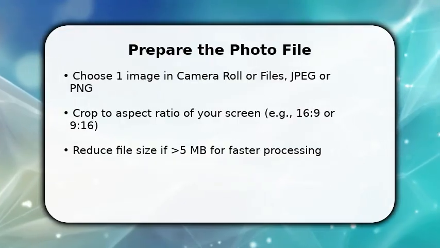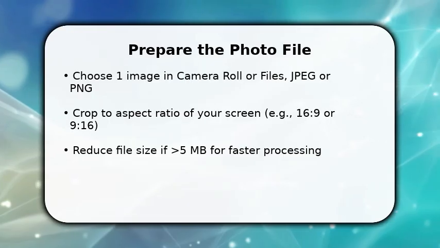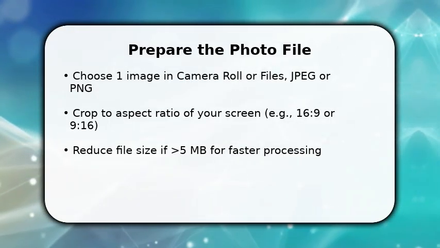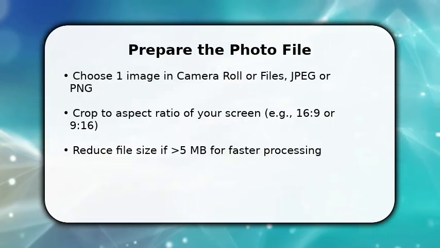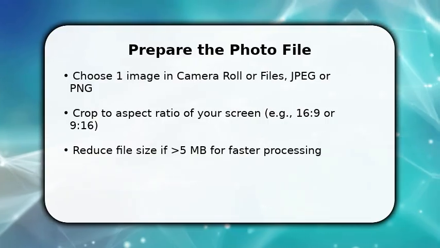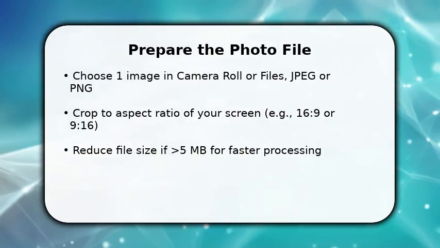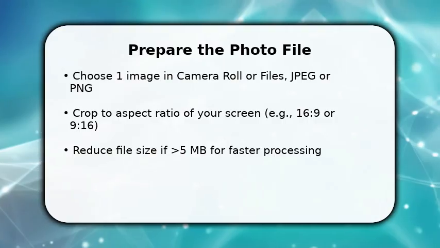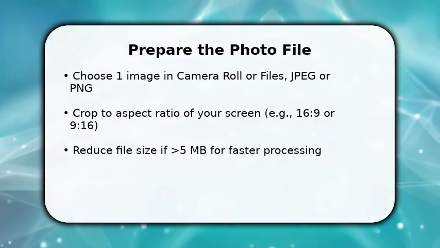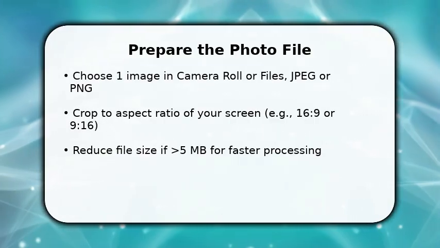You start by selecting the one photo you want on your home screen. Pick it now in Photos or Files. Once chosen, crop to match your device aspect ratio so icons won't cover faces. This preserves composition. Make sure the file is not huge. If it is, resize or export a lighter copy to avoid lag. These steps set you up to apply the image directly as wallpaper without extra apps, and they speed the final